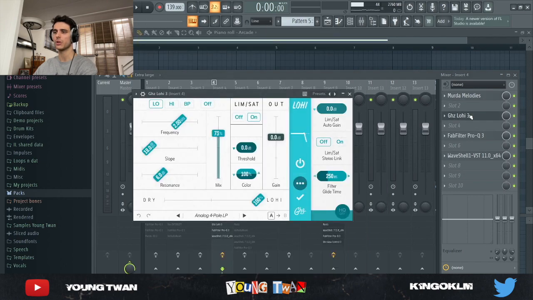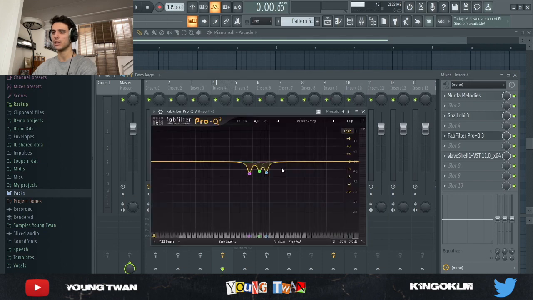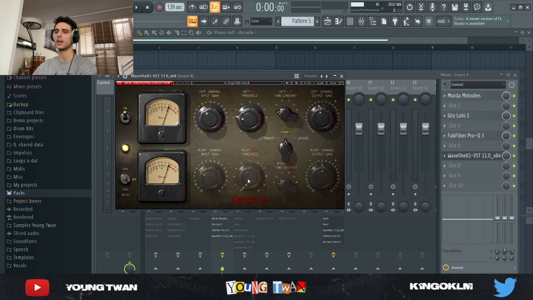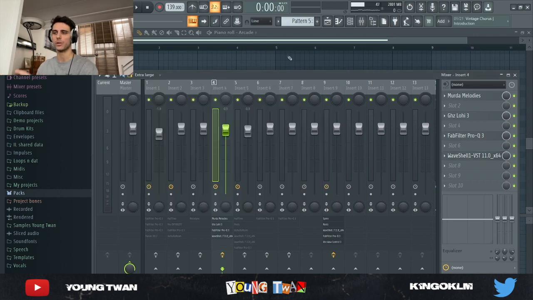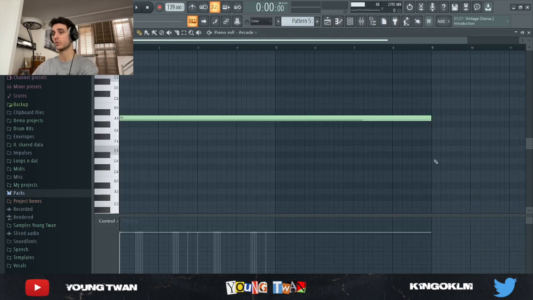Then I added a Good Hertz Low High, which is basically a low pass filter. It gets rid of some of the highs. I added an EQ to get rid of these frequencies right here. And then I added a Waves pre-child compressor to do a bit of negative compression because it was too loud, and just to glue all the effects back together. And this is what it sounds like now.